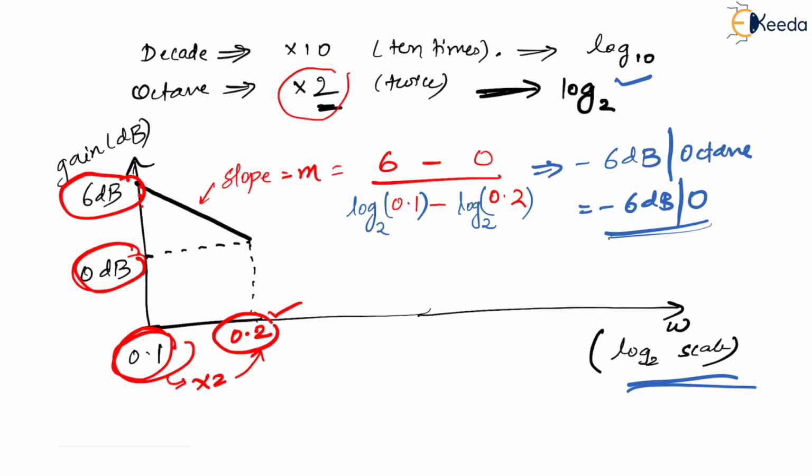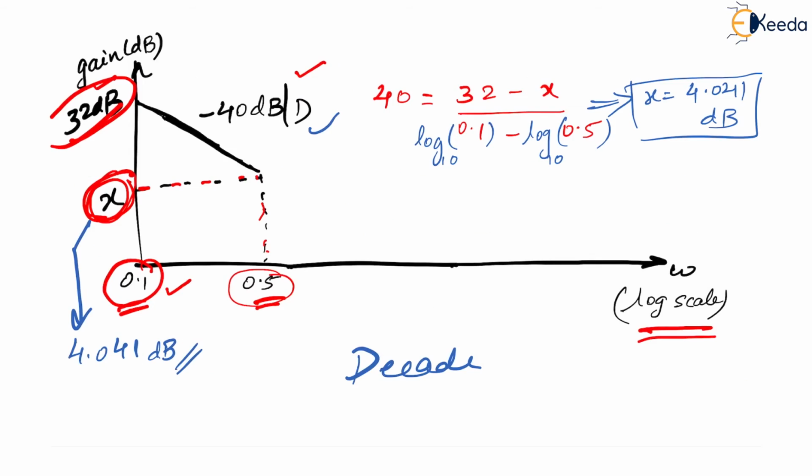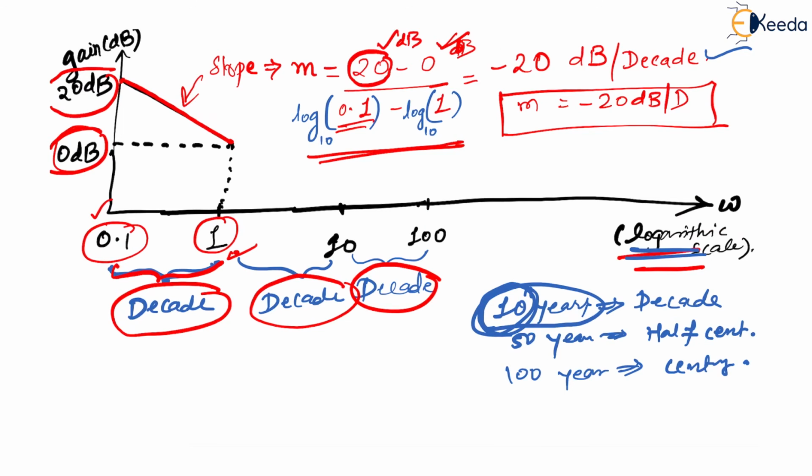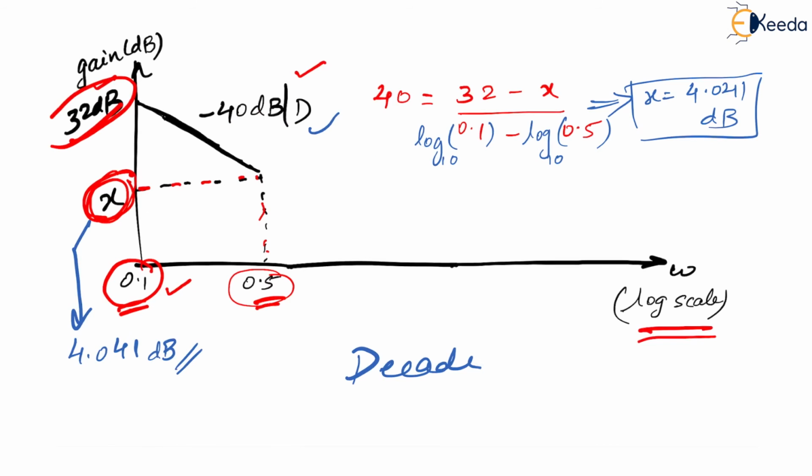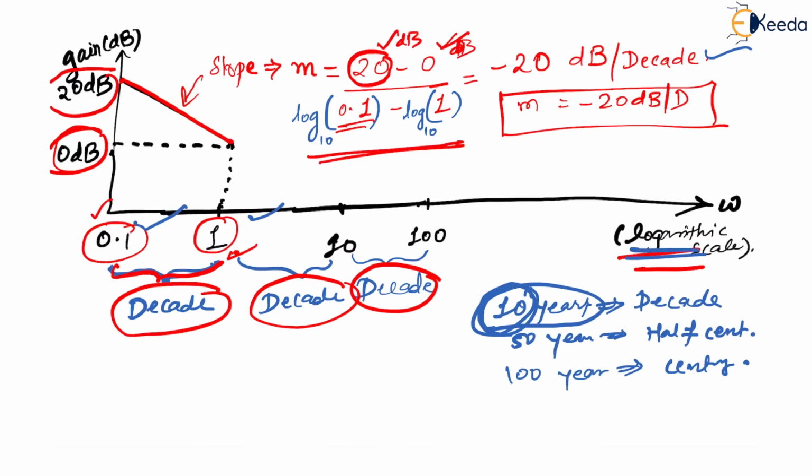Now, if you just see what is the similarity, even here you started at 0.1, ended at 1, right? You multiplied it by 10, you called it to be decade. Similarly here, this particular gap is nothing but octave. This is octave. Now if you check out what has happened here, when you shifted from one axis to the immediate next axis in decade, you have got the slope to be m equal to minus 20 dB per decade when your y-axis was same.